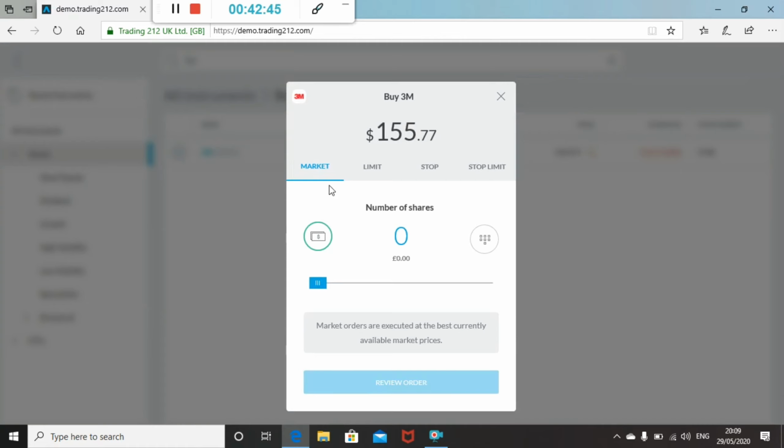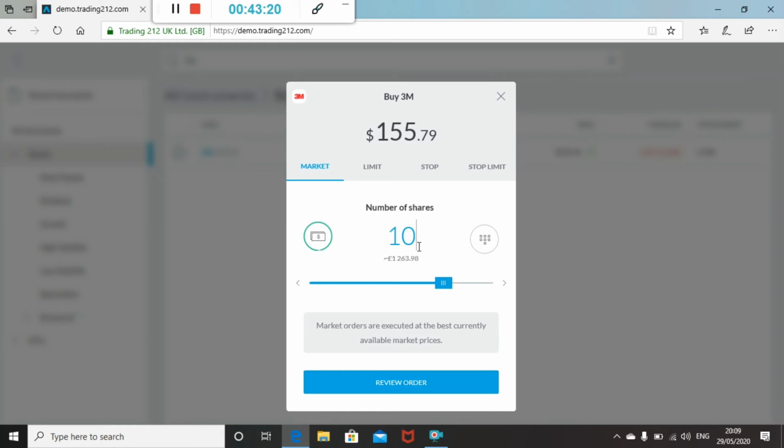And you have a number of options with Trading 212. So let's say we want to buy 10 shares in 3M. We have the option for a market order, limit order, stop order, or stop limit. First of all, the market order: you can use the slider to move up to 10 shares, although by the looks of it, it's letting you choose 0.06, for example, because they have the option of fractional shares for this one. So it's probably a little bit easier if you click on the figure and input 10